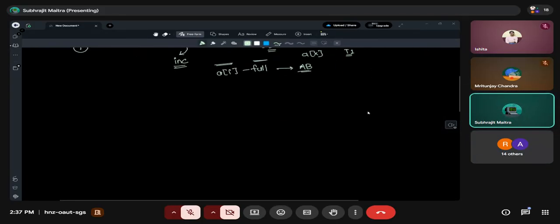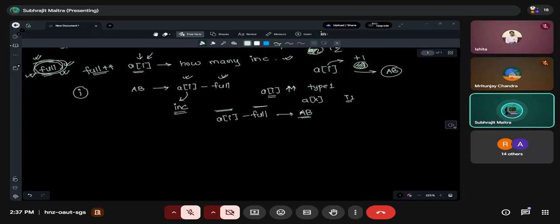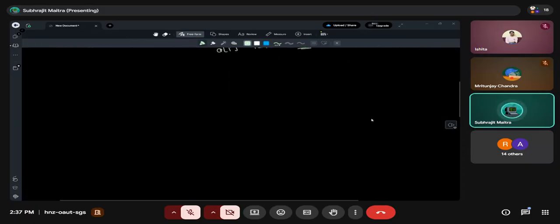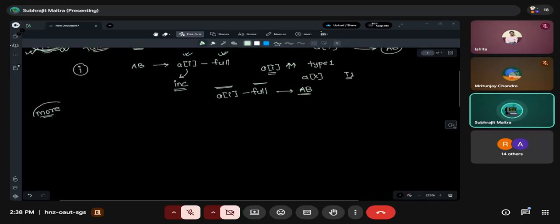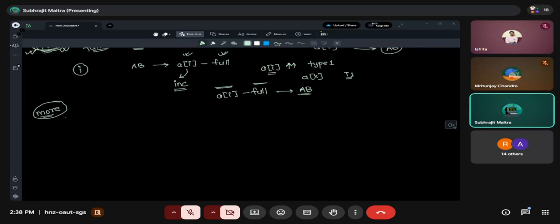Now I will talk about how I will know when I need to increment this full. For knowing this, I need to keep another vector. What will that vector be? In my code, I have named that vector more. What will this more vector store? That is the question now. This more vector will store how many indices. This was our row with so many cells. Out of this, how many indices are such that they have at least, suppose this is more.